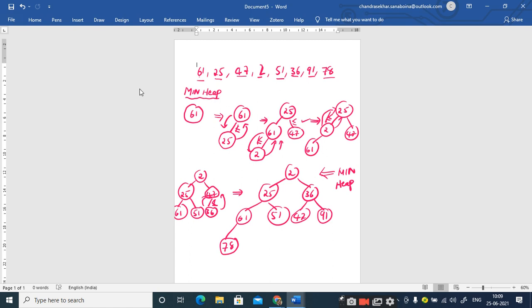We'll see how we perform the deletion operation. Don't worry, we are going to deal with the deletion operation while we are discussing the concept of heap sort. So heap sort always depends on n number of deletions. Construction of heap depends on n number of insertions, whereas the heap sort implementation depends on n number of deletions. How we are going to delete, how we are going to replace the deleted element, all these things we'll discuss. Don't worry, right? So is it clear up to this point?